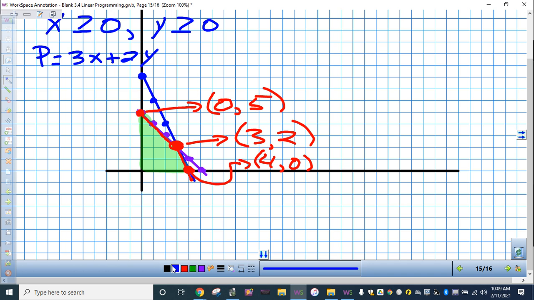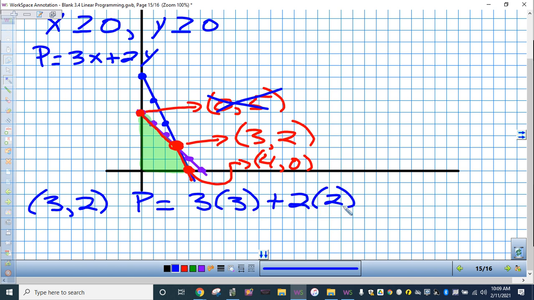So just thinking, right, I'm looking at 0, 5 and 4, 0. If I plug in 0, 5, I'm going to get 10, right, because I'm plugging that 5 right in here for the Y. If I plug in the 4 right here, I get 12. So that means I'm not going to do that point, right? So I'm just kind of thinking ahead of the game to save me a little bit of work. So let's plug in 3, 2, see what we get. So P equals 3 times 3 plus 2 times 2. 3 times 3 is 9, 2 times 2 is 4, 9 plus 4 is